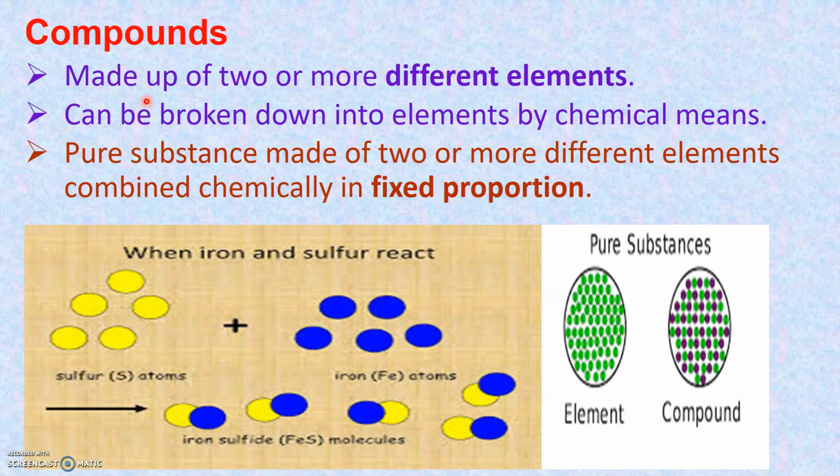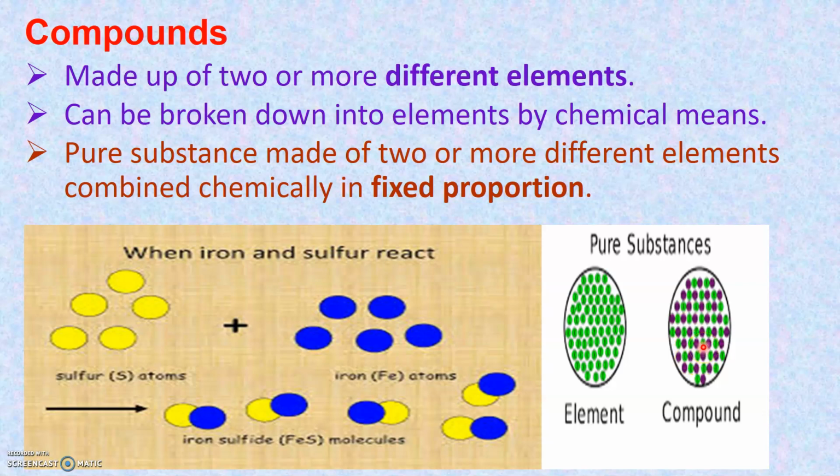Just like atoms combine together in order to form molecules, molecules will combine together in order to form compounds. We have already learned that compounds are made up of two or more different elements. And this can be broken down into simpler substances, that is into elements, by chemical means or by chemical reactions. So compounds are pure substances that are made up of two or more different elements that are combined chemically in